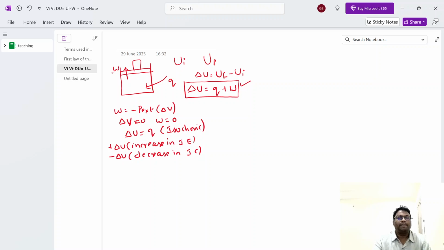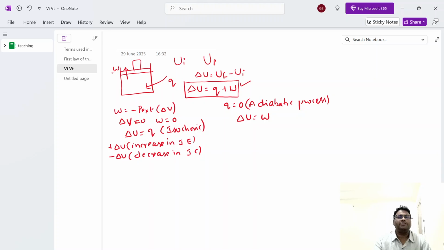Next, coming to this equation, if Q is equal to 0, Q is equal to 0 means it is not absorbing heat energy, not losing heat. So when Q is equal to 0, what type of process does it represent? Adiabatic process. Q is equal to 0, adiabatic process. When Q is equal to 0, automatically delta U is equal to W. So W is positive, delta U positive.